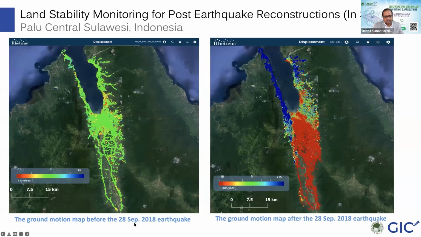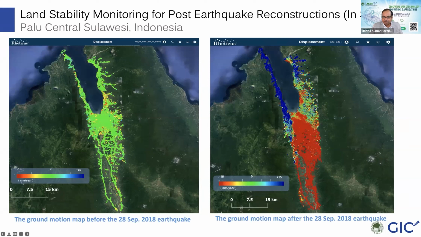This is before 28 September, when the earthquake struck. So you see this green, green means 0 in the middle, so no change, it is just stable. But immediately after the earthquake, we got the images. You can see this area is going down, this red area, and this blue area lifted because of earthquake shaking.